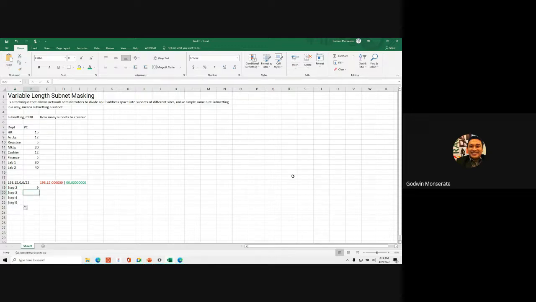So here, by computing for 9 departments, how many bits are we going to borrow here? Anybody? 4, sir. 4 bits. Okay. So by giving 4 bits, that's 2 raised to the power of 4 minus 2, which gives us 14. So 14 is enough. So by borrowing 4 bits, we are counting from left to right to where the